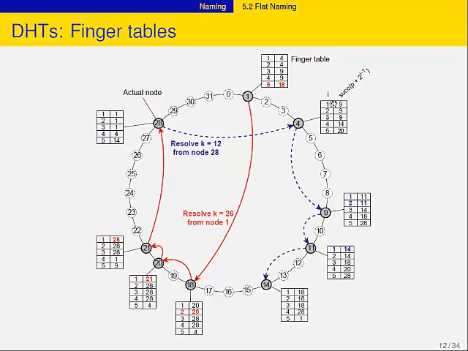4 is also a computer, so it doesn't think, there's nothing intelligent, it applies an algorithm. What does it do? The same thing. Tell me what the same thing is. Checks where 12 should be in between the fingers. 12 is between 9 and 14, so it forwards it to 9. Then 9 forwards it to 11. And now?